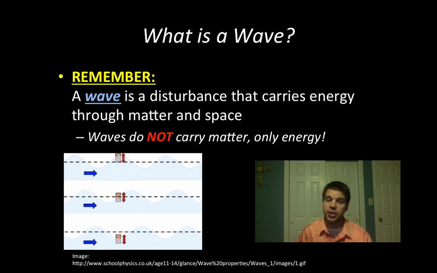Right, so we have a picture down here where we see a water wave going by, and there's something in there that's floating. Okay, and so that thing that's floating is representing a piece of matter. And so as the wave goes by, you don't see that matter travel downstream or whatever with the wave. You just see the matter go up and then go back down. All right, and so the matter of the wave is moving, but it's not moving with the wave. And that's something that we always want to keep in mind when we're talking about waves. It's not moving the matter itself, it's the energy that's traveling with the wave.